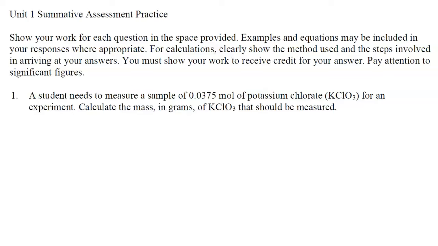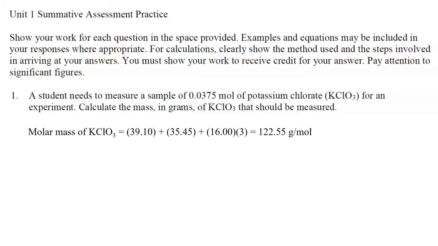Question 1 says the following. A student needs to measure a sample of 0.0375 moles of potassium chlorate, KClO3, for an experiment. Calculate the mass in grams of KClO3 that should be measured. So let's start by calculating the molar mass of KClO3 from the information on the periodic table. So if we add up the atomic masses of potassium, chlorine, and oxygen times 3, it's